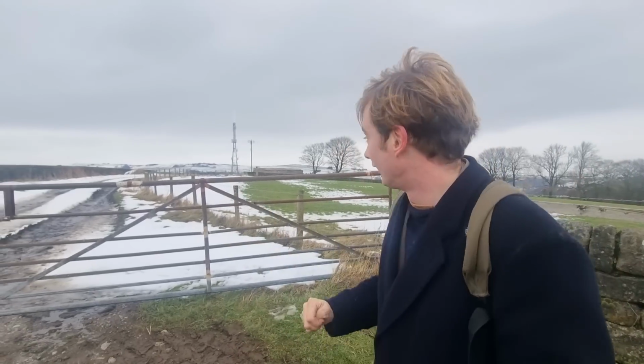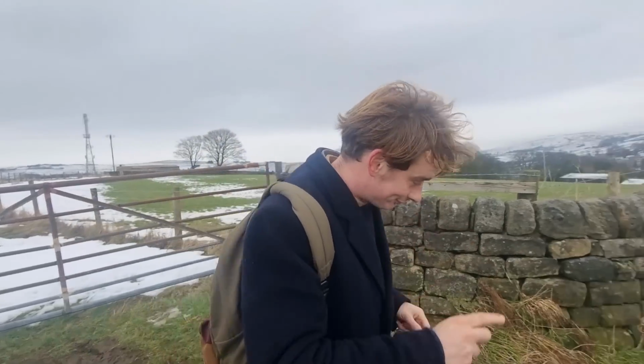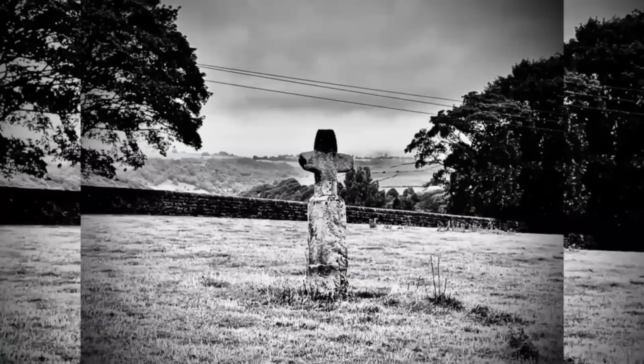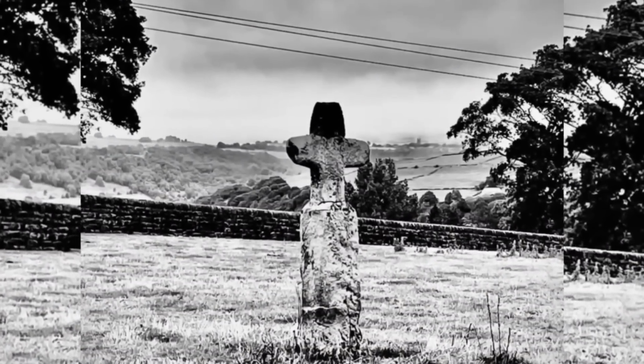A lot of articles. I'll just carry on. That cross is not in its original position, and we're going to go to where it originally was, or at least where it was on the original OS map of 1847. Wow, okay. So just quickly, here's a bit of a closer picture of the cross that I took,